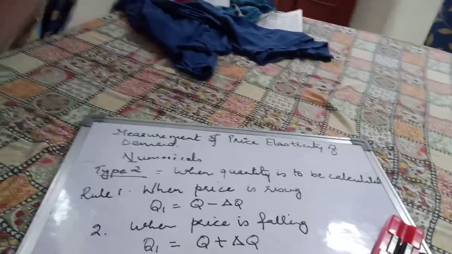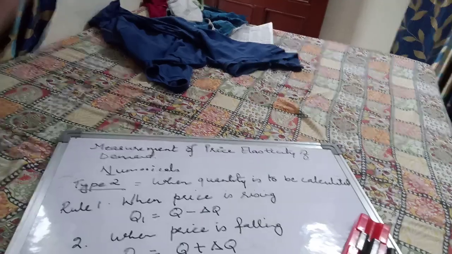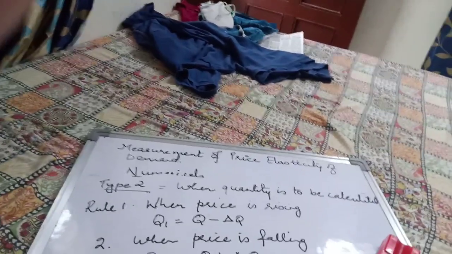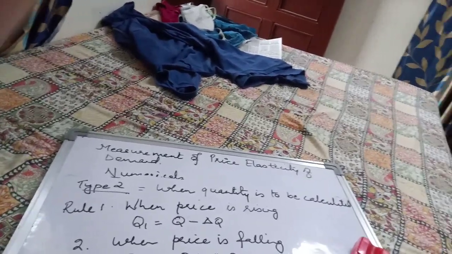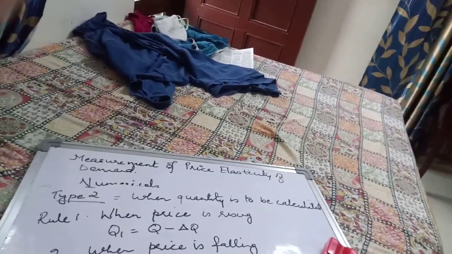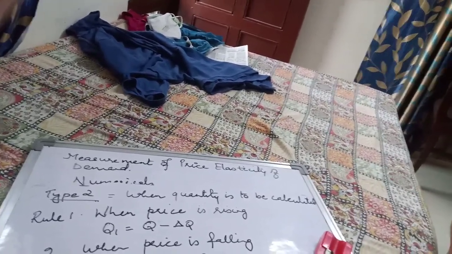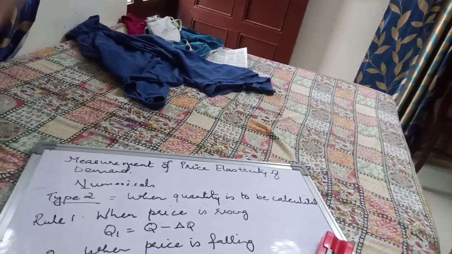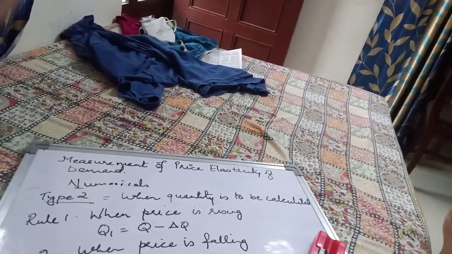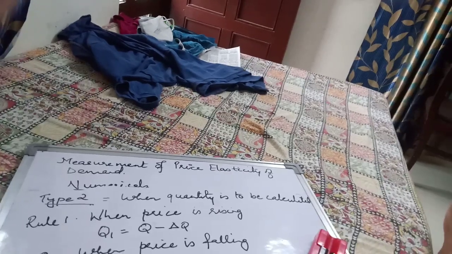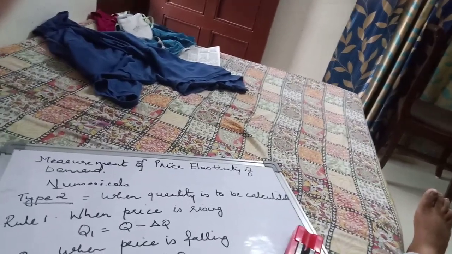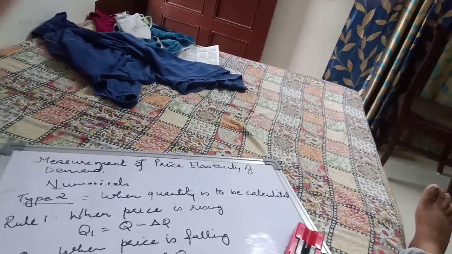Now, earlier when we said elasticity of demand is always going to be negative, that negative sign has a little understanding. The negative sign of elasticity depicts the relationship between price and demand. What is the relationship between price and demand? It's a negative, inverse relationship. So when price rises, demand falls. When price falls, demand rises.